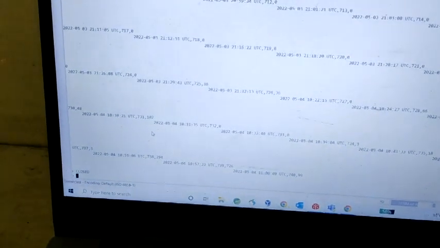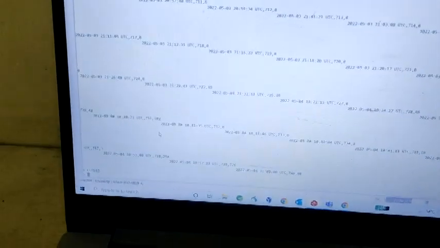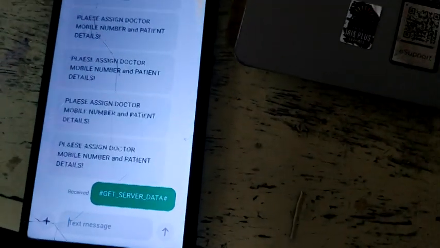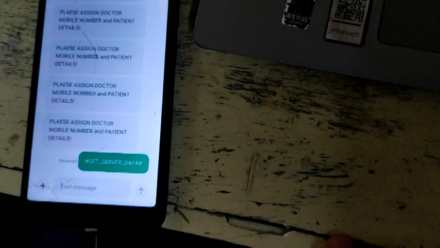We will get this data soon on our doctor's phone number. It will take some time.